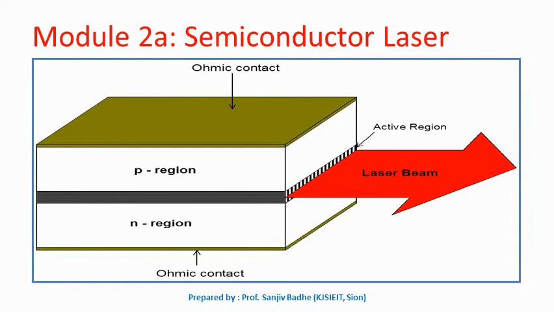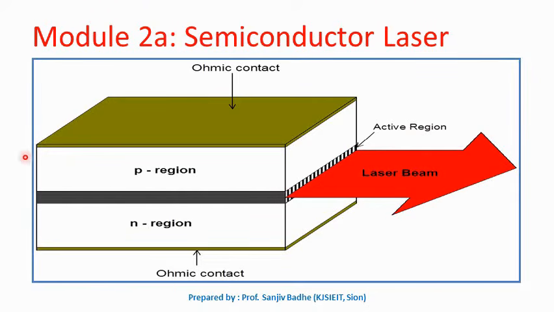The third laser system that we are going to see is the semiconductor laser. Now a semiconductor laser is nothing but a PN junction. So P type semiconductor and N type semiconductor are joined together. So a PN junction is formed over here. This region near the PN junction will work as the active region here, where the lasing action will occur.